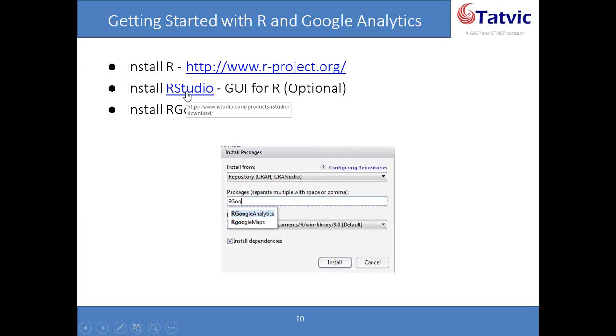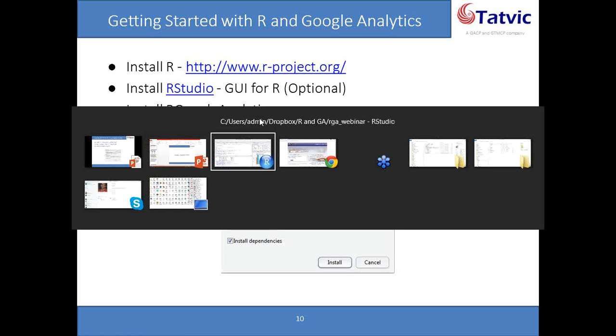It's a GUI for R. It's optional as such, but if you use it, it has a far better coding structure. It's an IDE, one of the most popular IDEs used for R. And then once you have R Studio, you can go to install a package, which I'll show you in a minute.